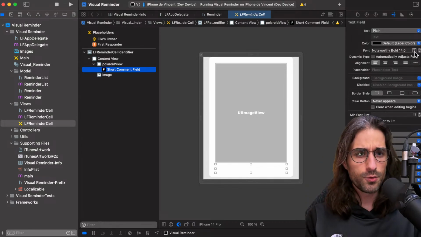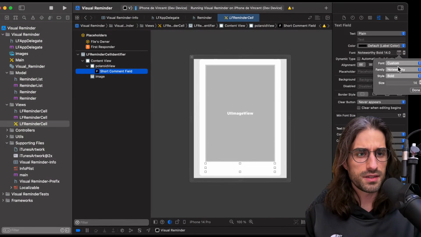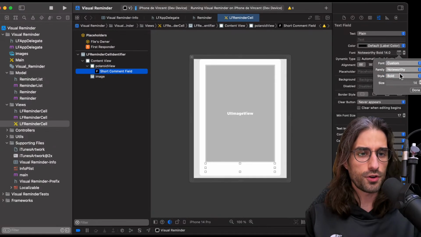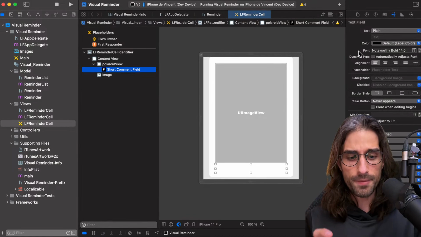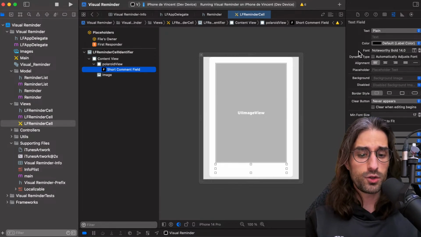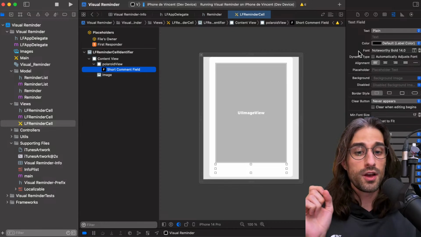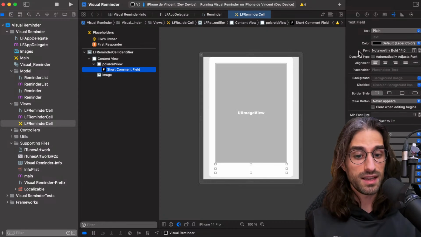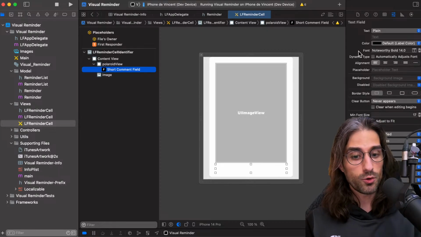So it was a system font, I think. Yeah, it was a system font. I didn't need to include a custom font or anything else. However, the fact that we could use a custom font and attributed text inside a UILabel or UITextField was something quite new. It was introduced with iOS 6, if I remember correctly, and before that it wasn't available.